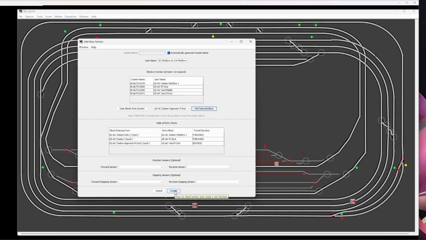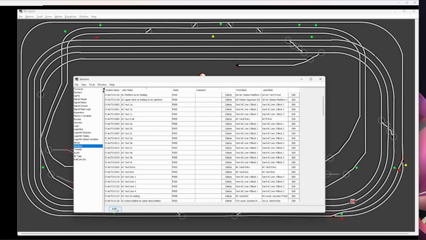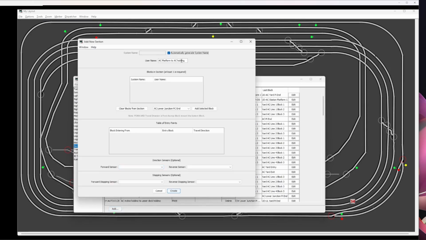In fact, I've realized that is therefore the wrong name for this section, because it should be AC platform to AC, let's call it AC holding, which is kind of where it is down here. So I'm going to create that section. And then I'm going to go and create the next section. So we've got a train and we know it's sat waiting down there. So let's call this AC holding to